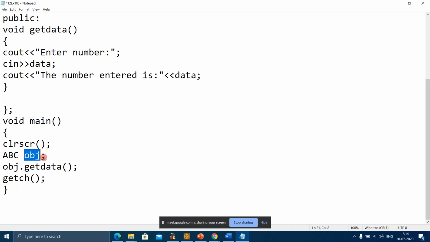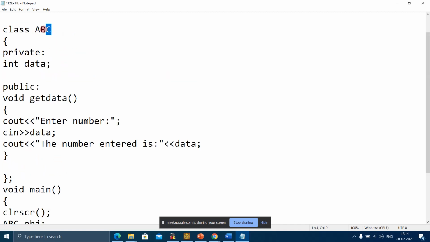One more thing I want to tell you: the object of a class is known as an instance of a class. Another term for object is instance. Or you can say OBJ is a variable of class ABC.